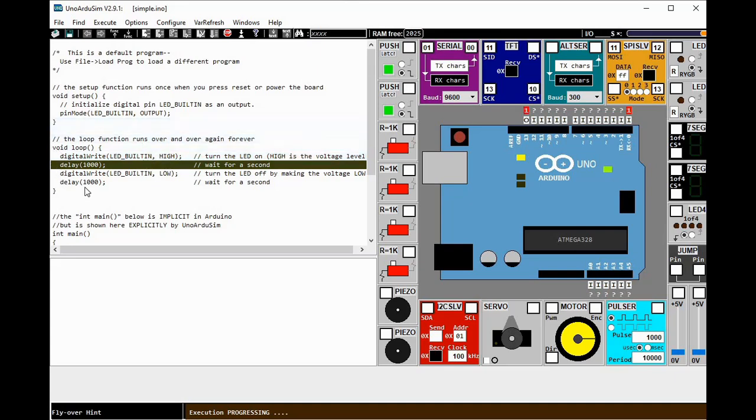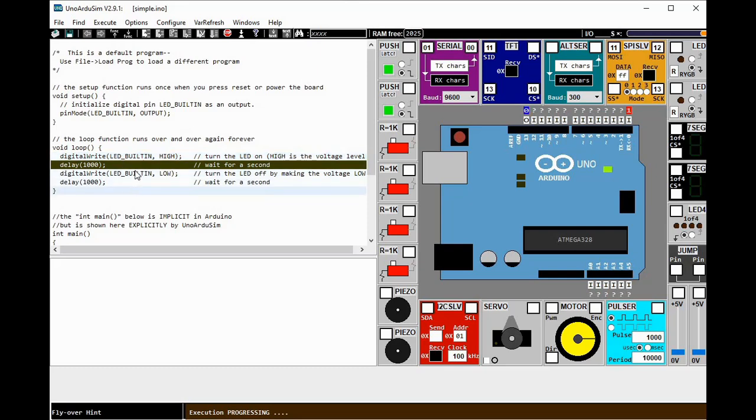We have used here the command which is digital write. The format of which is digital write, then open and close parentheses. There are 2 parameters that you need to supply. The first parameter would be for the pin or the component that you want to enable or disable or output a high or a low.